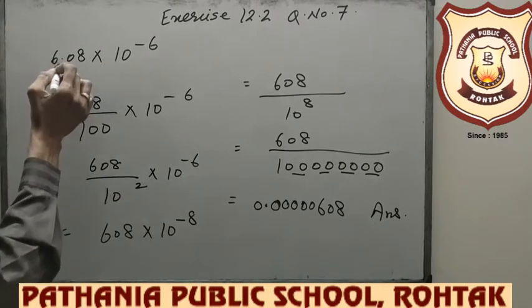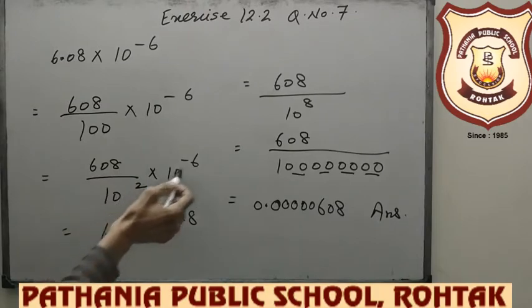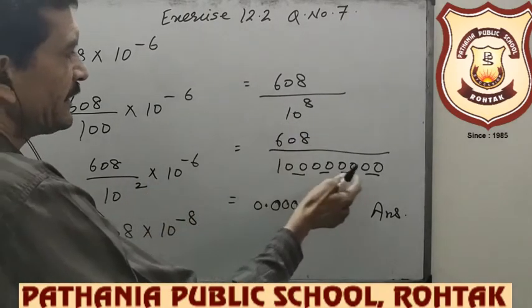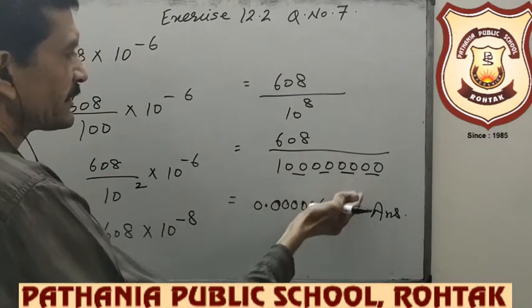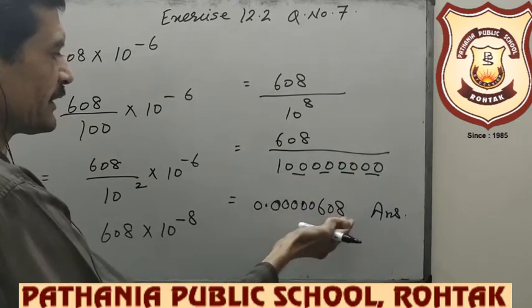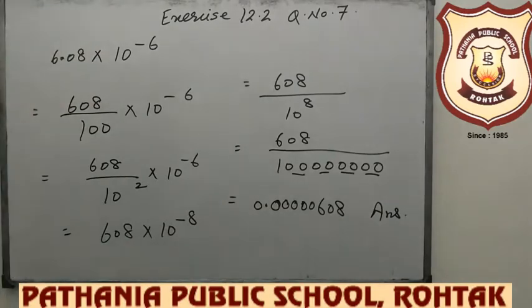So how should you write in usual form? First you remove the decimal and then take all the powers in the numerator, in the denominator, and then put the decimal just before the number of zeros. 8 zeros are there, so before 8 digits the decimal should be there. In this way you can write any number in usual form. So all the parts of this in the same way. 7th question complete, you can complete it. Now look at question number 8.